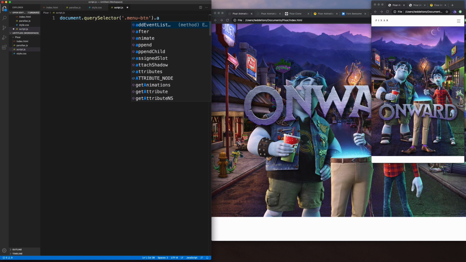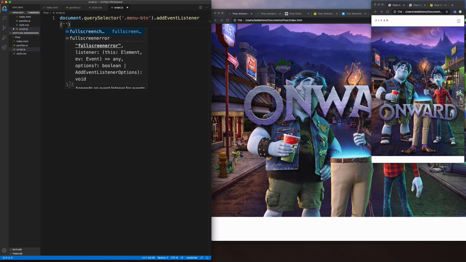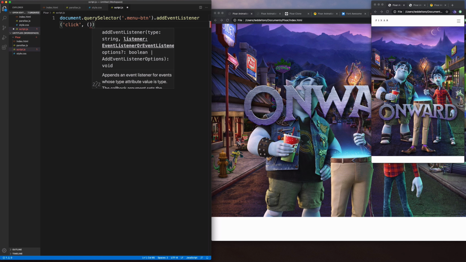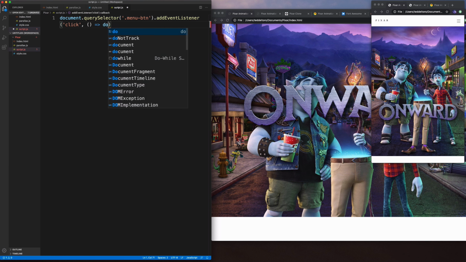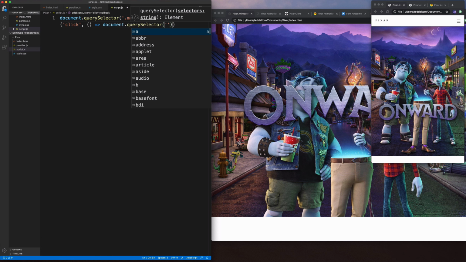And let's go ahead and add an event listener here. So let's go ahead and add that and look for a click. So let's open single quotes, click, and then comma. Let's go ahead and add an arrow function in here. document.querySelector again, and open single quotes. Let's target the navbar